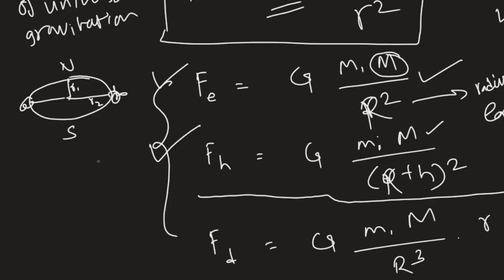So if you have this Earth like that and the object is over here, this is the radius R and this is the h. This particular distance is the total distance between that object and the center of the Earth. And finally we have got